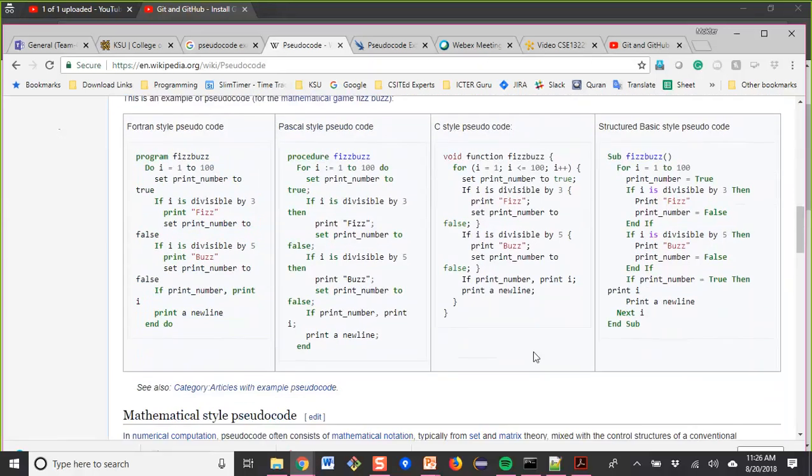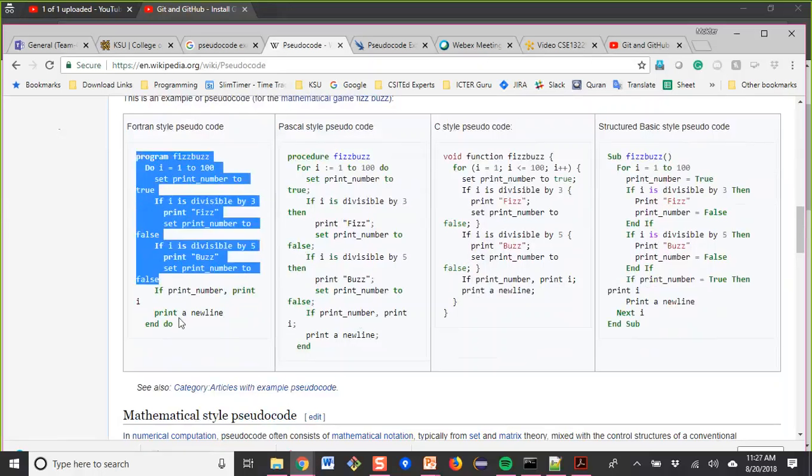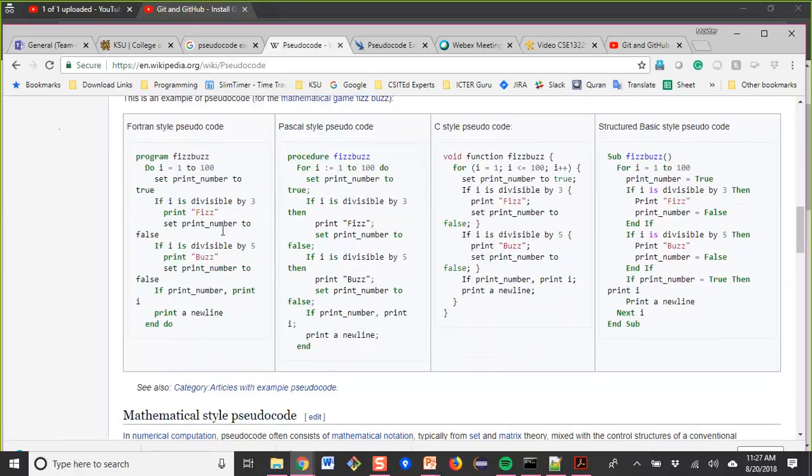This is the way to write pseudocode, so that you can understand the steps you need to execute to complete your program or solve your problem.